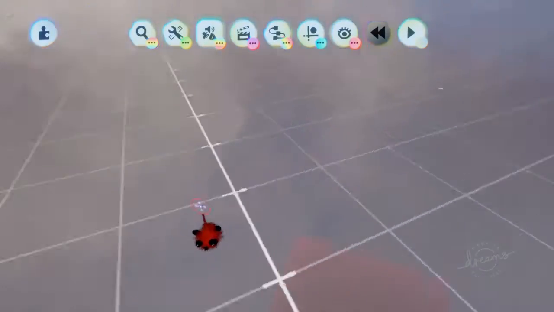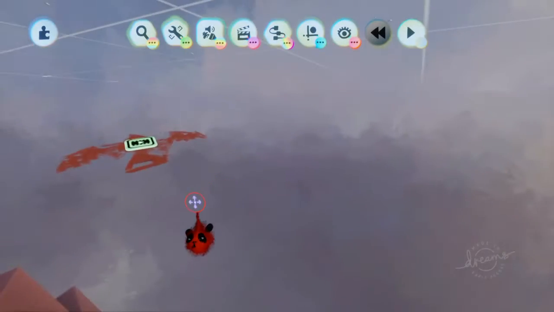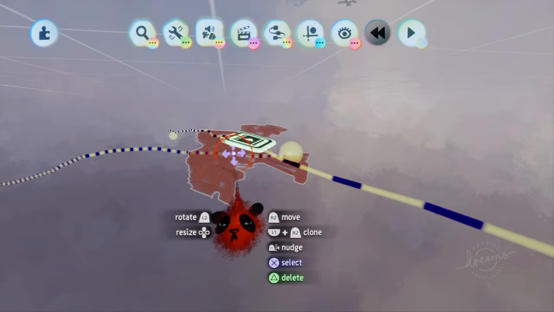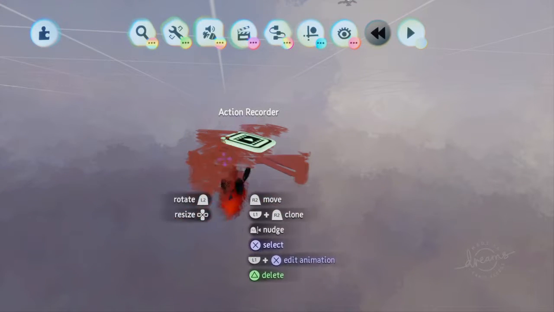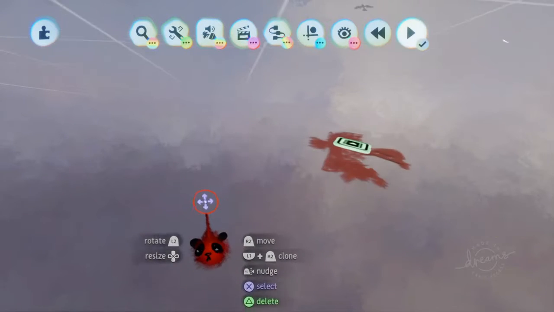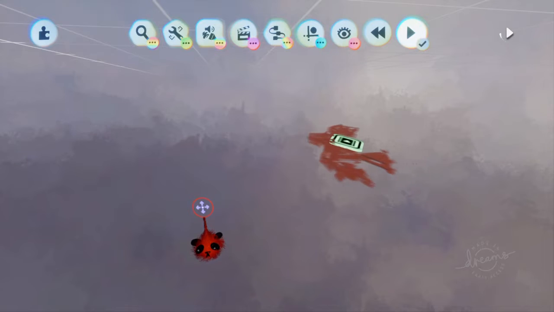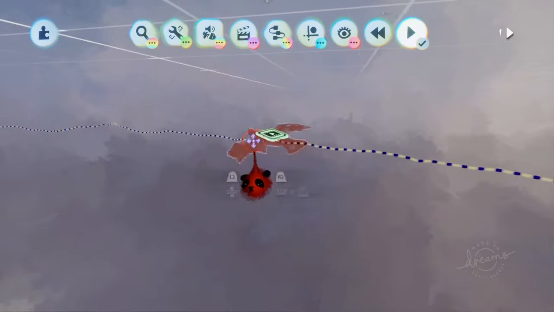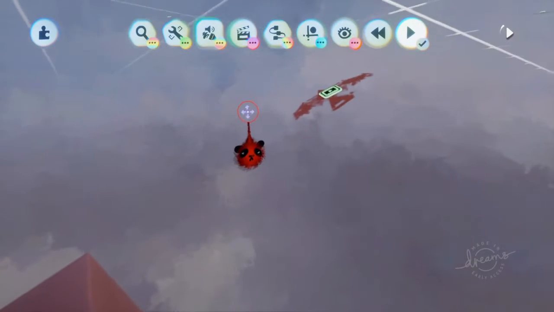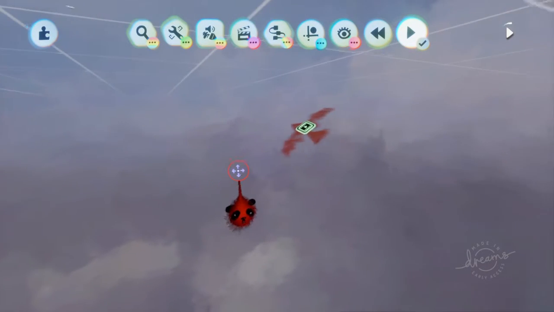Essentially what I'm going to create is you make a painting of a bird, you put some effects on it to make it look like it's kind of floating and flying like this one is here. And then you put an action recorder on it and you record it flying. You see how we can actually see the path. And then, you know,